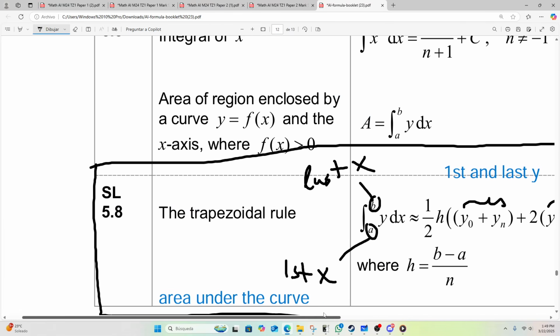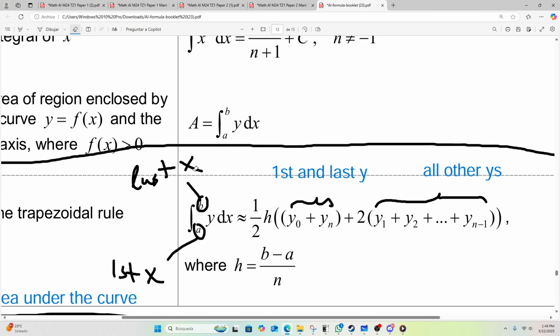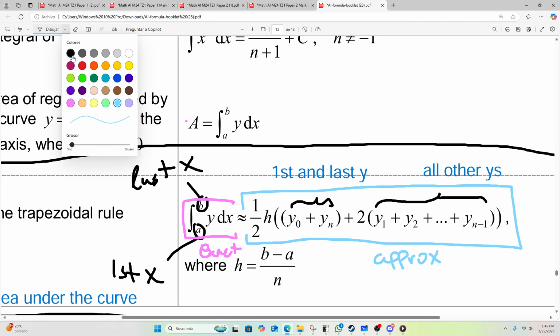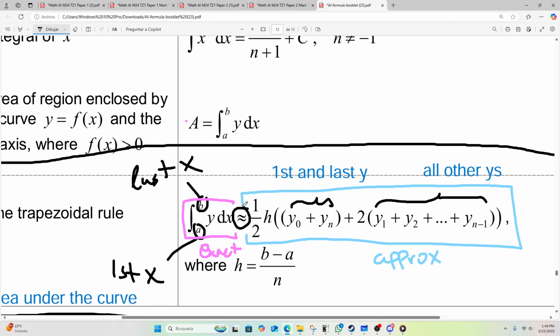What's another way to remember that we're talking about approximate and not exact? This thing on the left is literally an integral. So this is what we call the exact value. And all of that will be your approximate. And how do you know it's an approximate? Because it's not using an equal sign, it's using a squiggly. So when you use a squiggly, it's an approximate. Look at that. So the trapezoidal rule is the approximate to the integral.